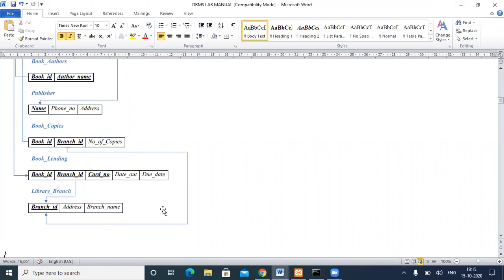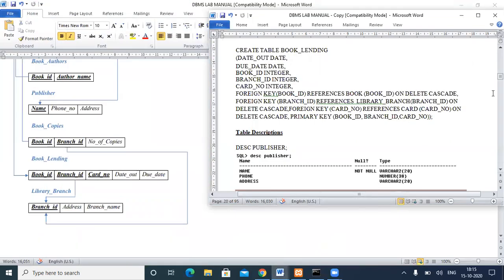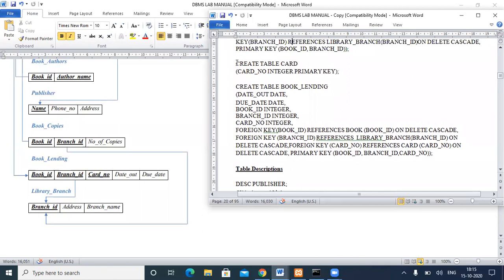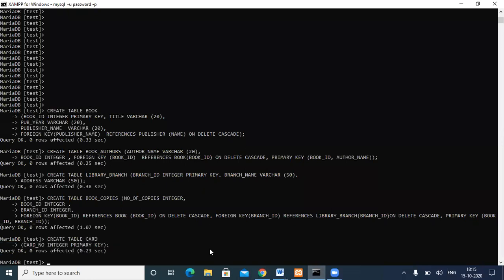In the schema diagram, it is missing. Not a problem. We'll create a table for that. First, let me create a card table, because this card number is referencing a card table. Until that, we cannot create this table. So we'll create the card table. So this is also created.